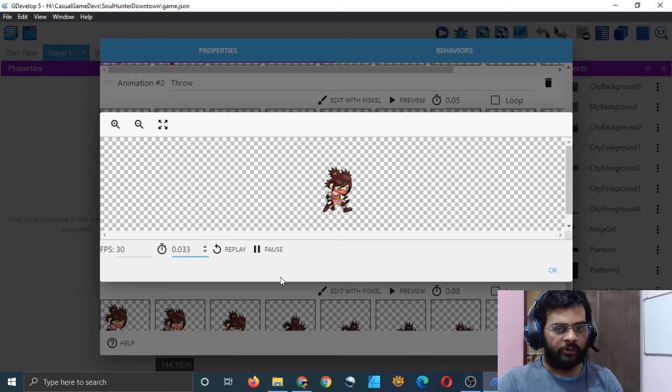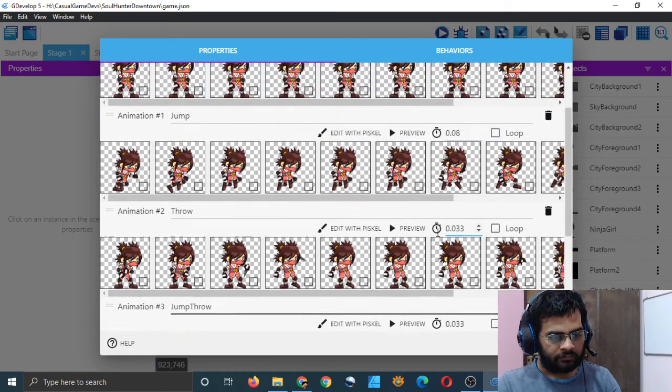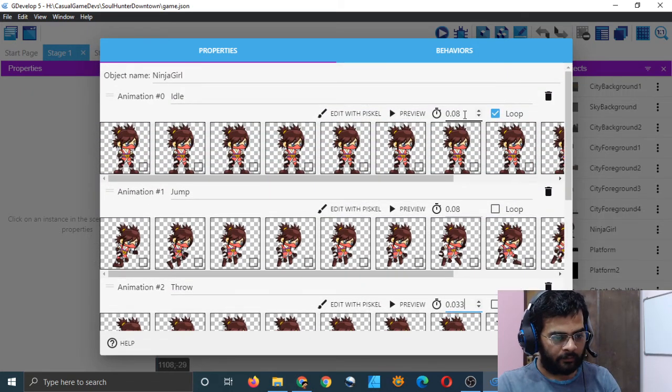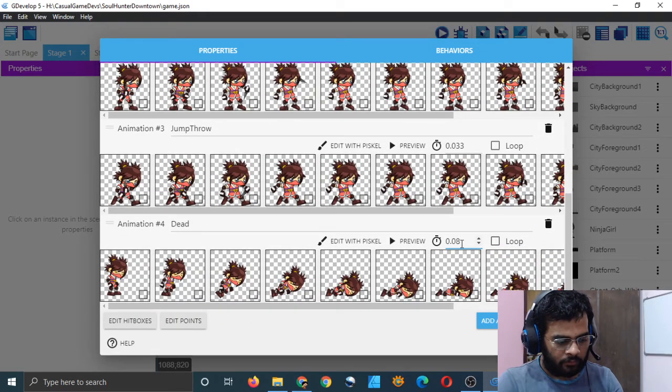If I do it 0.033, then my FPS is 30, which is much better. So I will change that to 0.033, because then my FPS will be 30, which will look good. And should I do it for everything? Let's see what happens. I will change the FPS of every animation to 0.033. Looking good. I mean, it looked good.